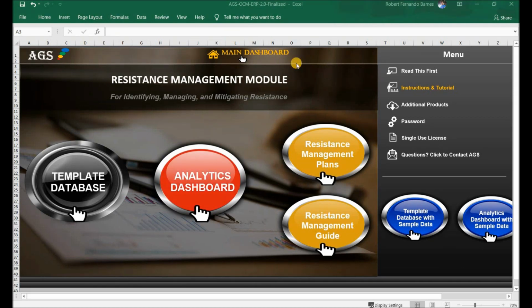To the right section of the home page, you will see the menu column. The first item on this column is the Read First link. Clicking on this link will take you to the page within the module that includes some pieces of highlighted information. The second item of the Business Change Resistant Modules menu column is the link to the Instructions and Tutorials page. Clicking on the third link